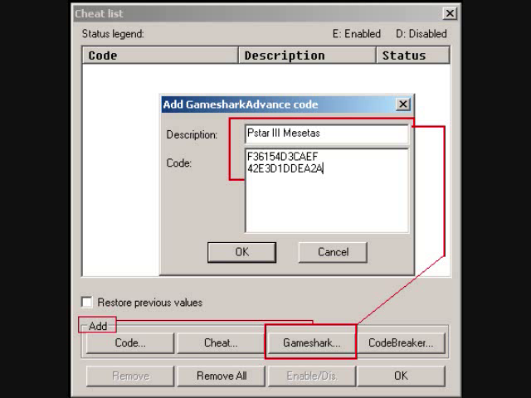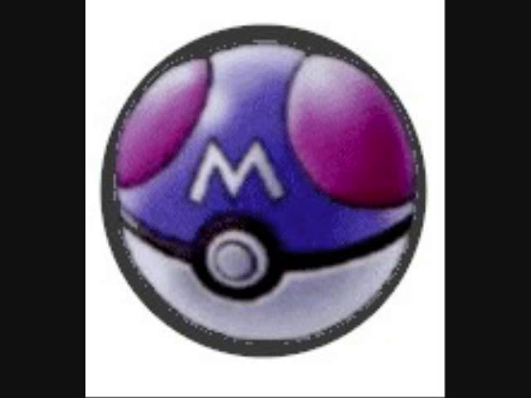Once you click on this, another box will pop up that'll ask you for the title and the code. Enter the code in the code box, and then you can add a title if you want. To show you an example, I will use the Master Ball code, which is a very popular code that most people want. The code on Crystal for the Master Ball is